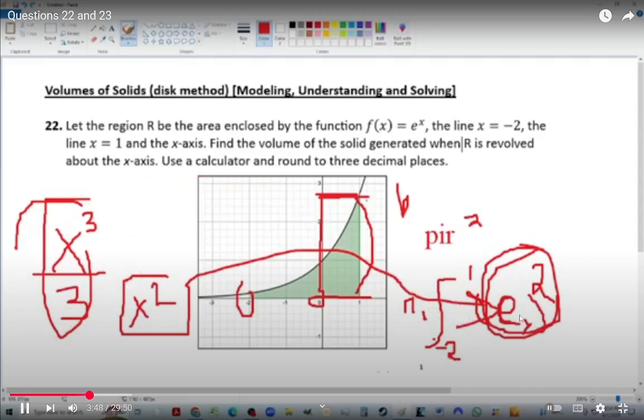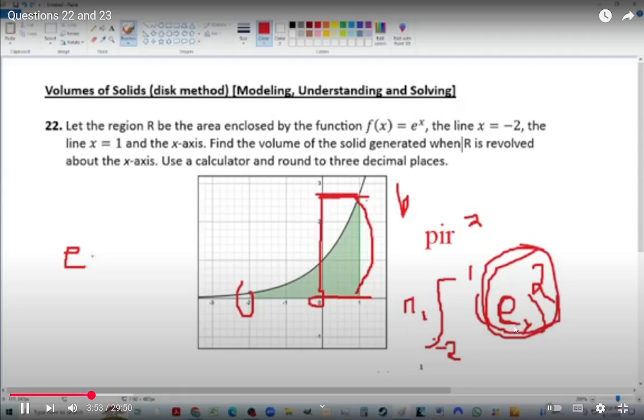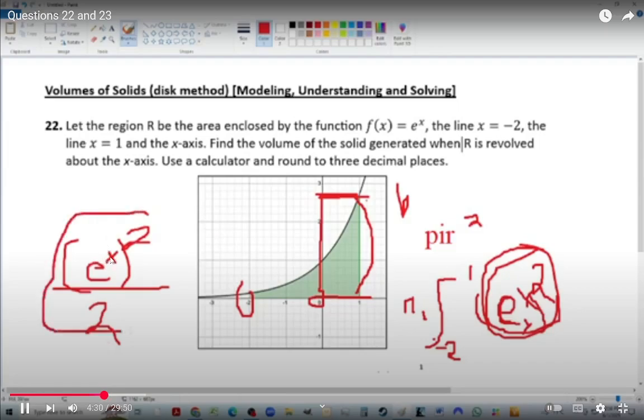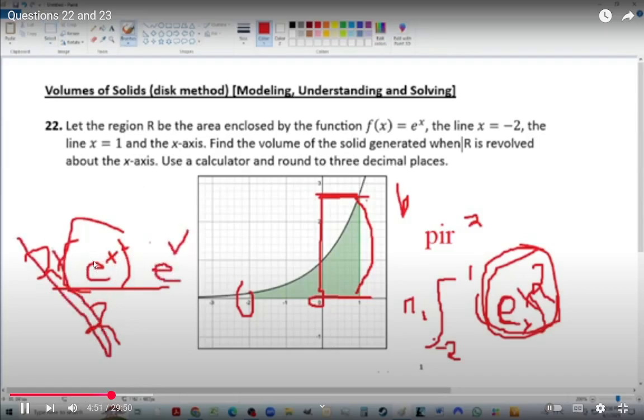Well, here we want to be left with nothing in front. So we're going to try to take the derivative of e to the 2x over 2 and see what happens. When you take a chain rule, so for instance, if it was just e to the x to the 2, the 2 would have to come down in front, and then you have to take the derivative inside. Well, if we do e to the x to the 2 over 2, the 2 comes down in front, it cancels, and I have to reduce the exponent down to the 1. But then I have to also take the derivative of what's inside the bracket. That's the chain rule. And that's e to the x times e to the x, which becomes e to the